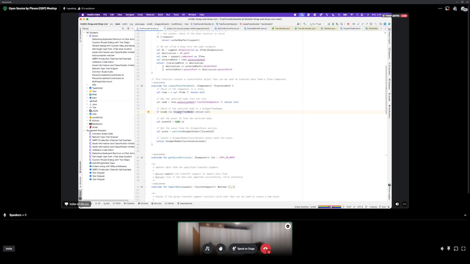Since we only care about exporting snippets themselves, we will only allow our snippet tree nodes, which are the data representation of actual snippets, to be converted into transferables that can then be dropped anywhere in your OS. This has a simple discrimination logic, which is basically checking if what I'm dragging now is my snippet tree node.